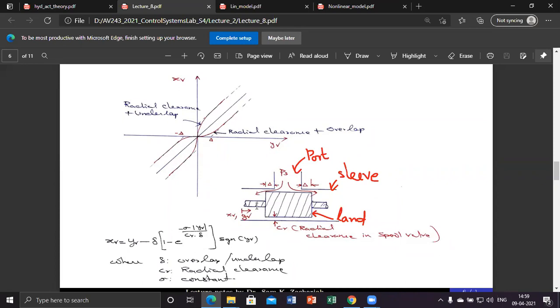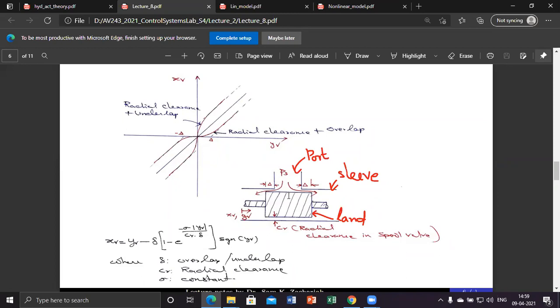Sir, according to your answer, when the actual displacement is 0, the hydraulic opening is symmetric for both sides. Why do we not consider it in the effective hydraulic opening? Even if, considering the radial clearance plus overlap case, I displace the spool to the right side, the radial openings are symmetric on both sides. So should it not be considered as 0 up to the delta?